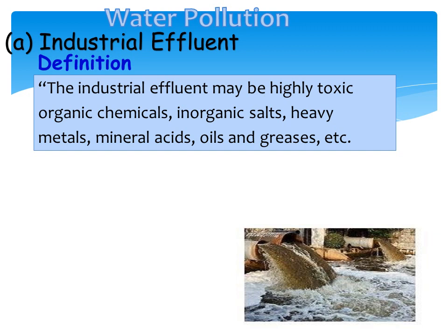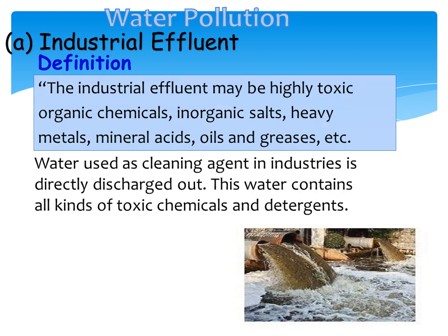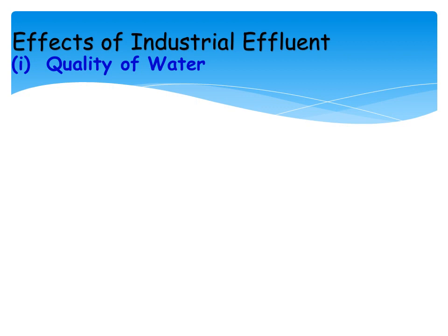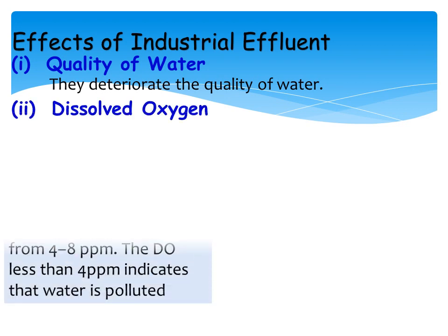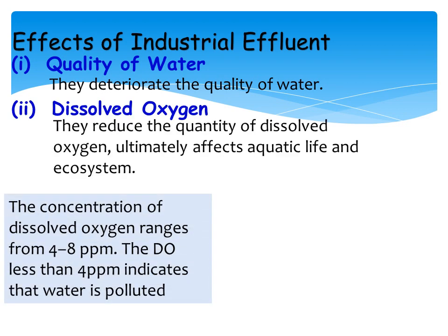Firstly, we start with industrial effluents. Industrial effluents are the waste which includes toxic organic chemicals, inorganic salts, heavy metals, mineral acids, oil and greases discharged into the water, or they are discharged directly into open air, through which the water seeps into the soil. Firstly, industrial effluents destroy the quality of water, which is then not fit for drinking. They reduce the quantity of dissolved oxygen, which should be around 4 to 8 ppm,